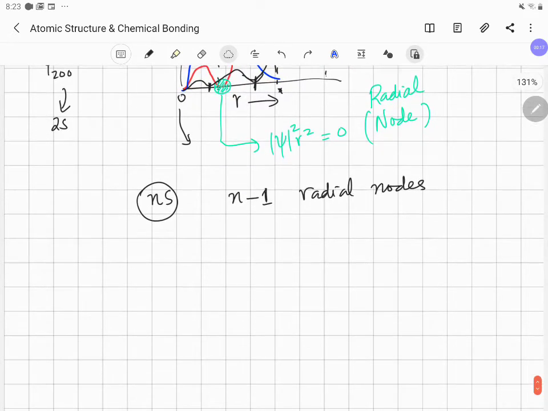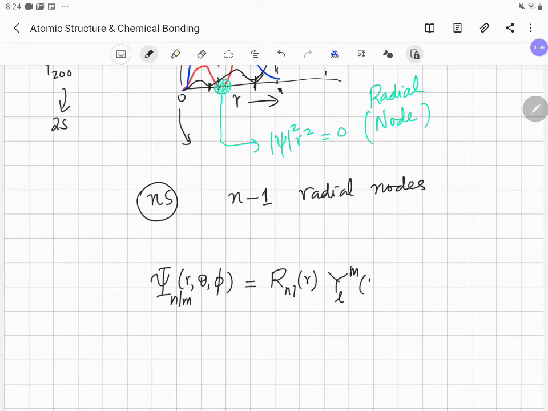We know that the total wave function psi depends upon three quantum numbers n, l, m, and three variables r and the angles theta and phi, which can be conveniently written as a radial function R_nl(r) and an angular function Y_lm(theta, phi),